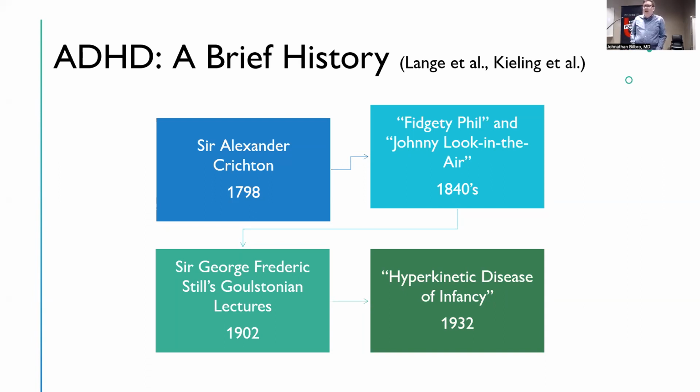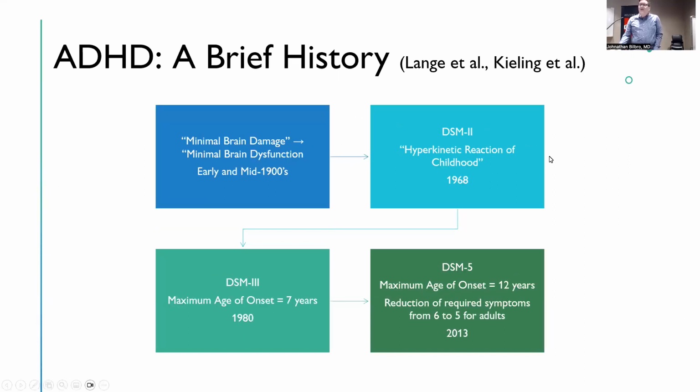They also described children that had various symptoms of distractibility, inattentiveness, and impulsivity. Interestingly, many of the cases they described, the onset of symptoms would follow some kind of febrile disease or an epileptic convulsion, suggesting that there was maybe some kind of organic cause of the symptoms. And that's important because in the early 1900s, what we saw was that hyperactivity eventually became associated with some sort of underlying brain damage.